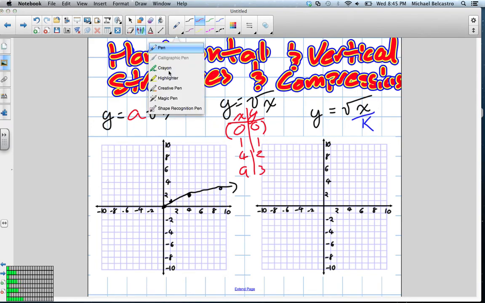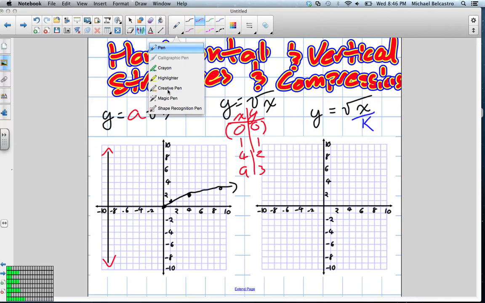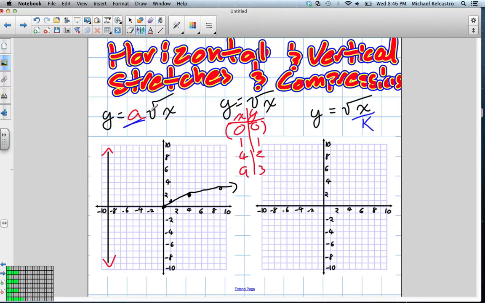Now we're going to talk about A, which deals with vertical. So we're talking about up and down here. Okay, vertical stretches and compressions. So I'm just going to draw a line down here so we have an idea of what we're talking about. We're going to look at this function here. And depending on what A is, if A is a value larger than 1, we're going to get a vertical